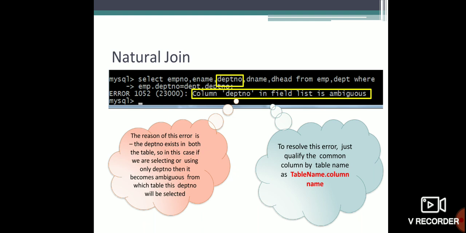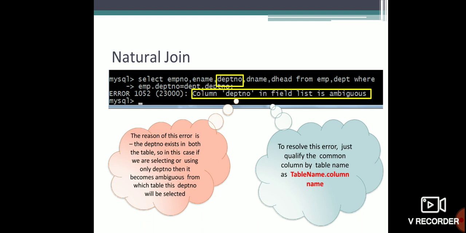The reason for this error is that the department number exists in both tables. So if we select only department number, it becomes ambiguous.